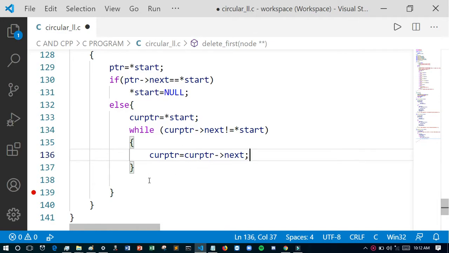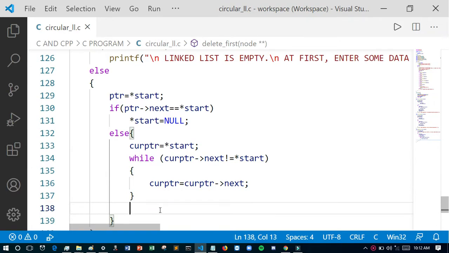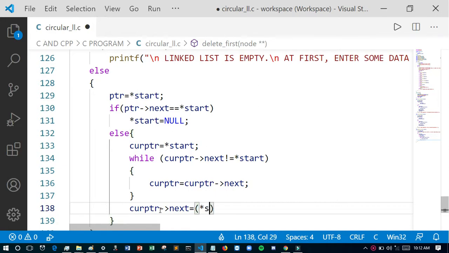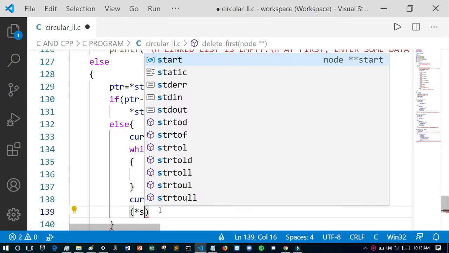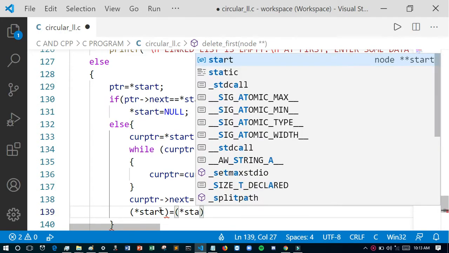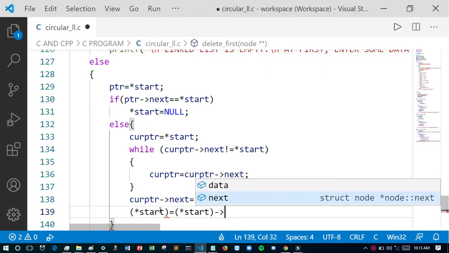I will write two lines where it will delete the node and modify the linked list, and it will print "delete first node successfully". Then what I have to do: ptr next equals start next. Now start equals start next, because we have to modify.